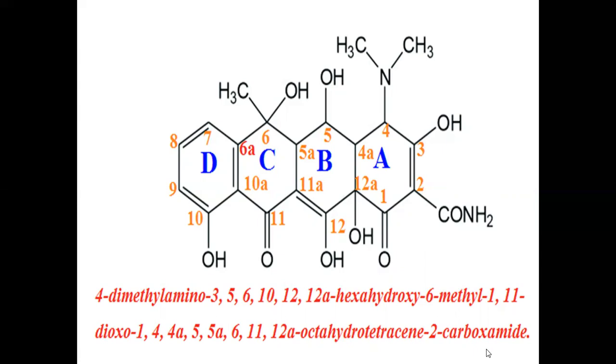Any modification of it forms a hydrophilic compound which can be taken easily by the oral route. Third point, the presence of the dimethylamine functional group forms a zwitterion. Due to the formation of the zwitterion, tetracycline can be distributed throughout the body very easily, and removal of this dimethylamine functional group leads to the